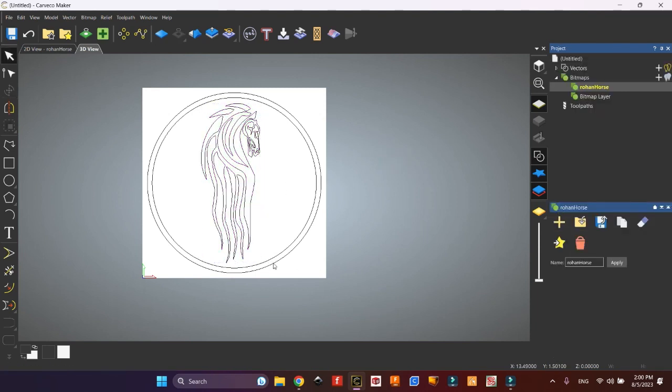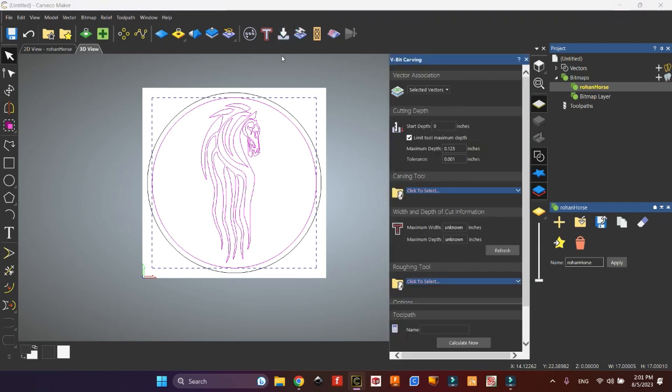All right, so here is our shield design. I want these items to be raised, and I want to carve out this background around this, and then I'm going to eventually cut this outer circle out so I get left with a kind of a shield. So let's select our horse, or Rohan horse, and I'm going to hold shift and click on that inner circle. And now if I do a V-carve,